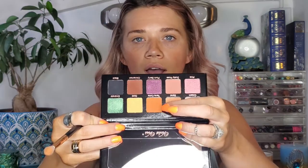And honestly, I can tell you already, I do not like this eye primer. It is super, super sticky, and it's making my eyelids feel really heavy and tacky. So I do not like that at all. Especially since it's supposed to be a translucent, lightweight primer. I don't like it. Into terracotta